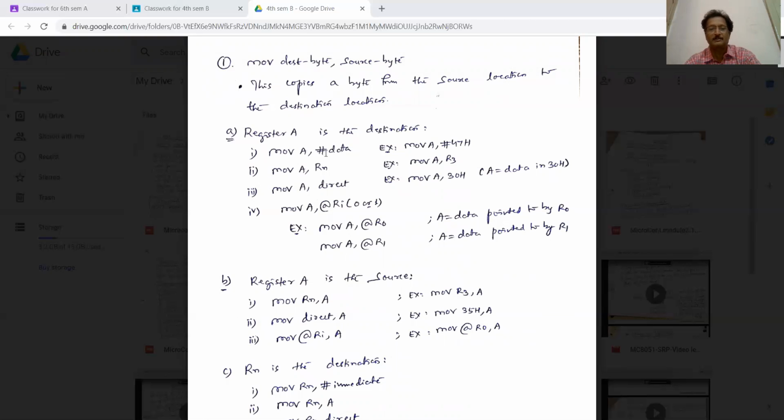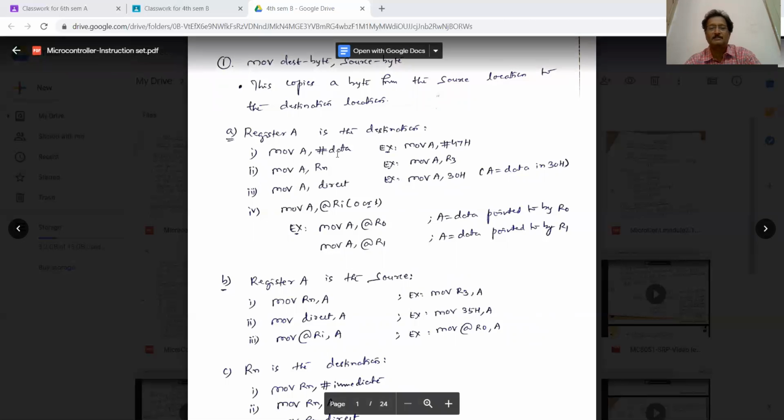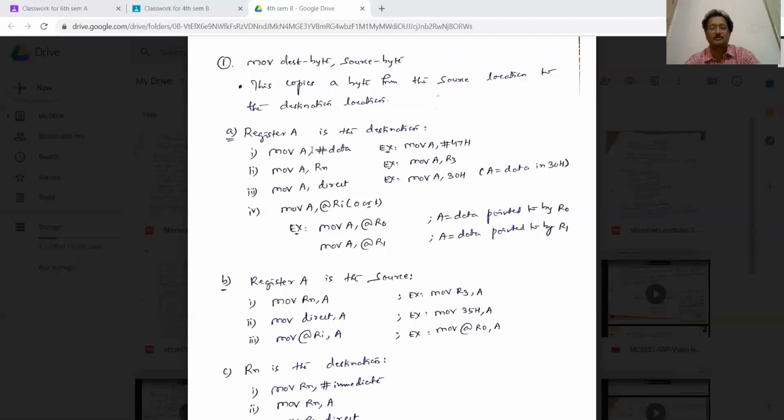If you write only 10, no H, only 10, then 10 is going to be loaded into the accumulator, that is a decimal number. And the best part of this instruction is you can write a binary number also, like 10101100B. You need to write B at the end. Once you write that, the binary number can be stored in the accumulator in binary format. In all these five varieties, A is the destination.